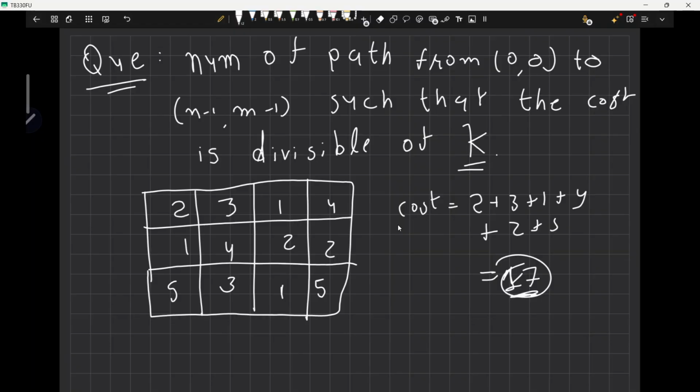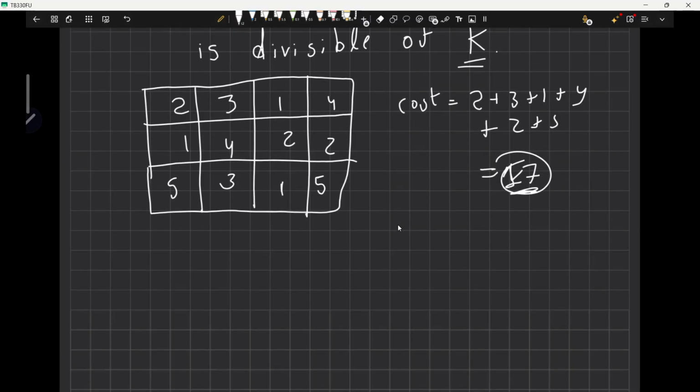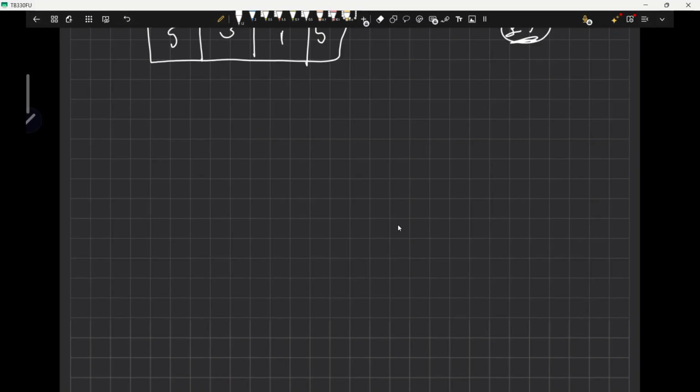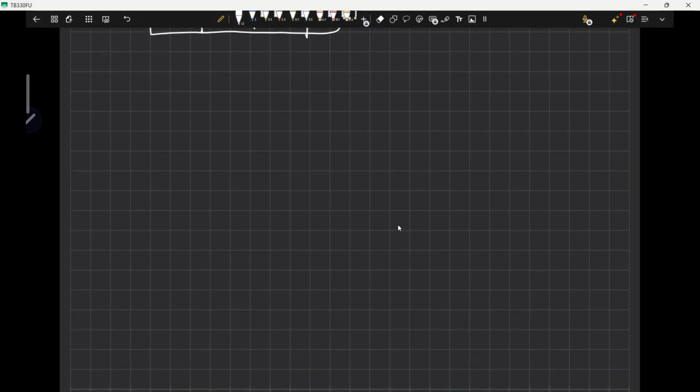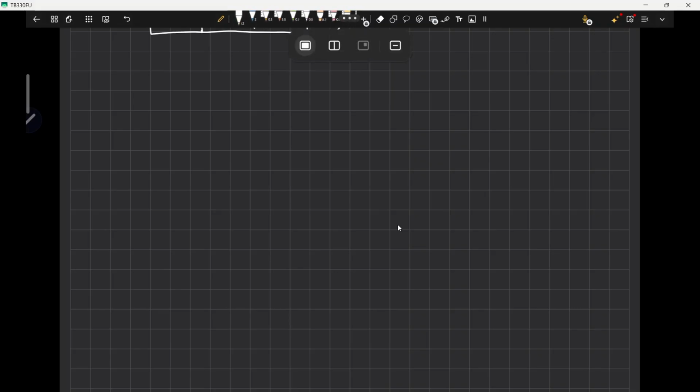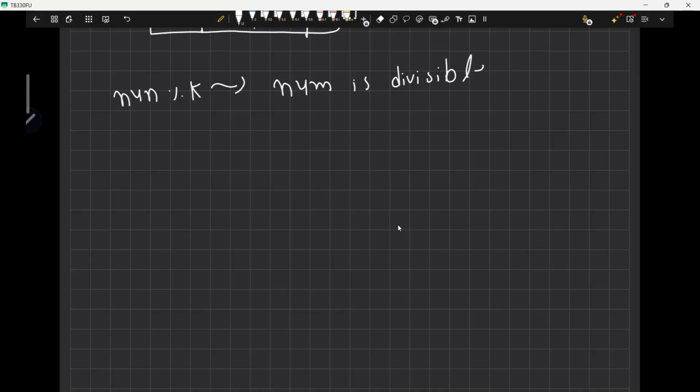Okay, so I hope that you have paused for this question. I paused for some time and then solved it. Okay, so how should we think in this question? For this, you should know about modular arithmetic, just the basics of it, right? What is some number modulo k? And a number being divisible by k